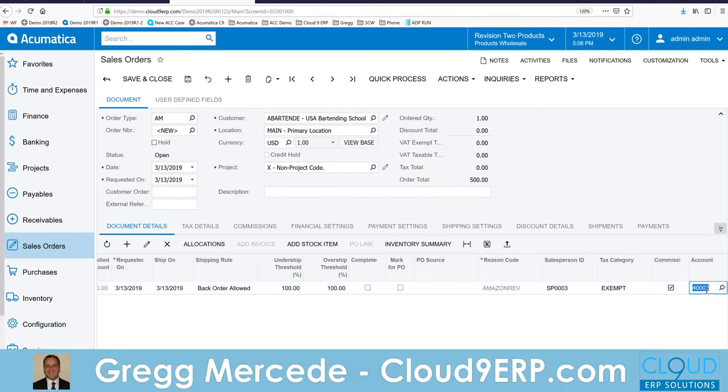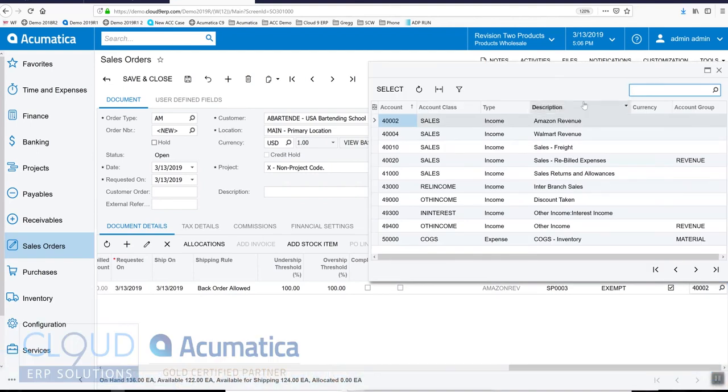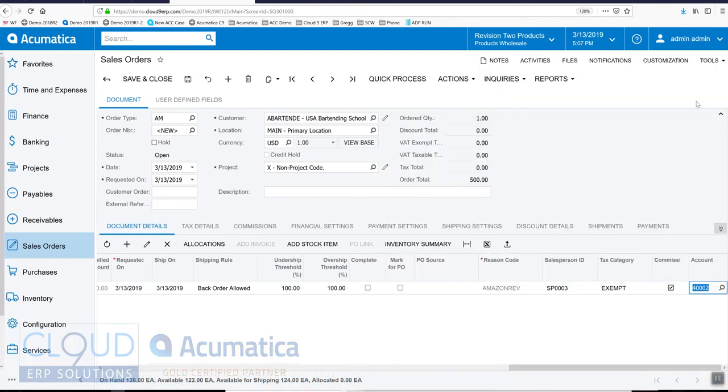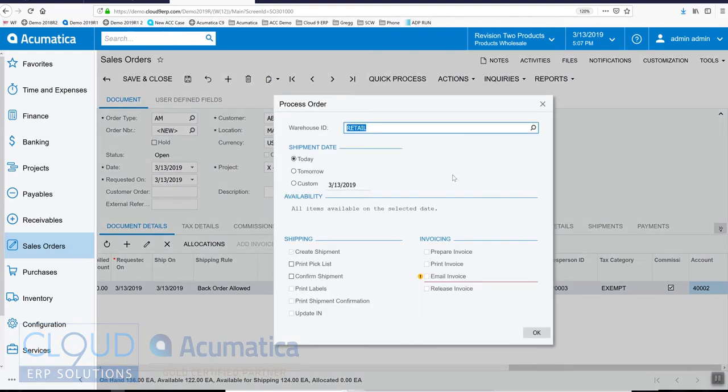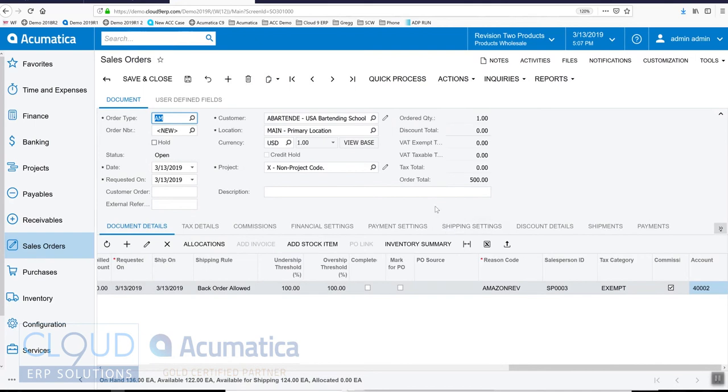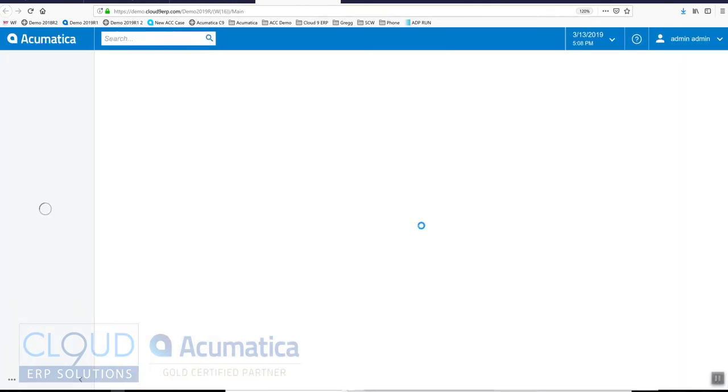And if we look at the GL account, you can see that that's the Amazon Revenue GL account. If we use the quick process function, we talked about it in another video, and we confirm the shipment, we prepare the invoice, and release the invoice, click OK. Now we'll open up this invoice,